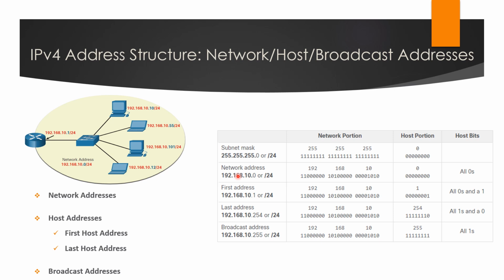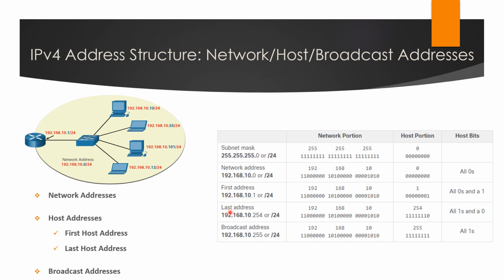So the network address will be 192.168.10.0 because we said that in the octet at the host portion, all bits must be 0. The first address is the address where at the host portion the first 7 bits will be 0 and the last bit will be 1. So 0 followed by 1 at the end. And it will be